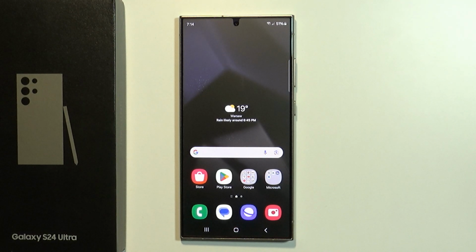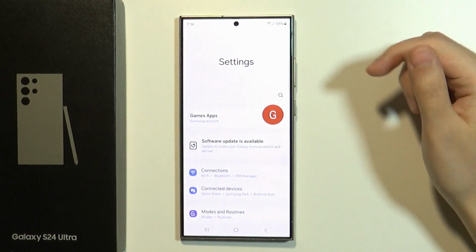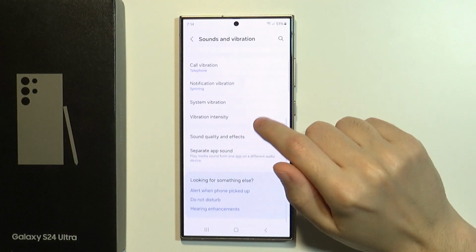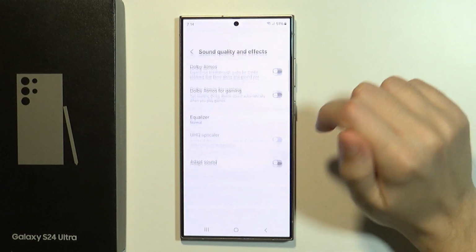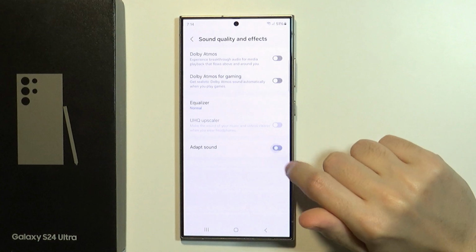Hello, in this video I'm gonna show you how you can turn on and off the Adapt Sound option on Samsung Galaxy S24 Ultra. In order to do this, we need to open the settings. In the settings, scroll down and go to Sounds and Vibration, and then scroll down and go to Sound Quality and Effects. Over here we have Adapt Sound, which can be quickly enabled and disabled by tapping on this slider